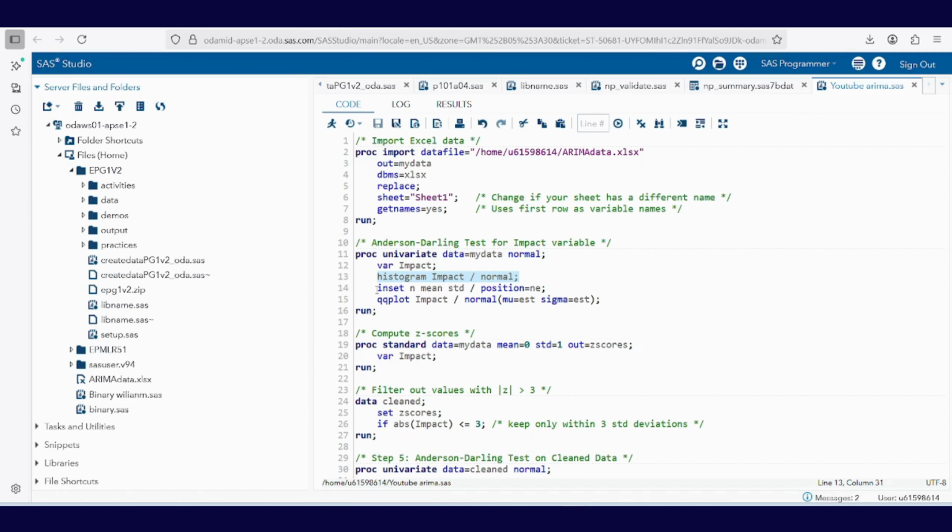The next statement is INSET n mean std / POSITION=NE; N means sample size, std means standard deviation. It adds a box of summary statistics on the histogram. POSITION=NE places it in the northeast corner of the graph. The next statement is QQPLOT impact / NORMAL(MU=EST SIGMA=EST);